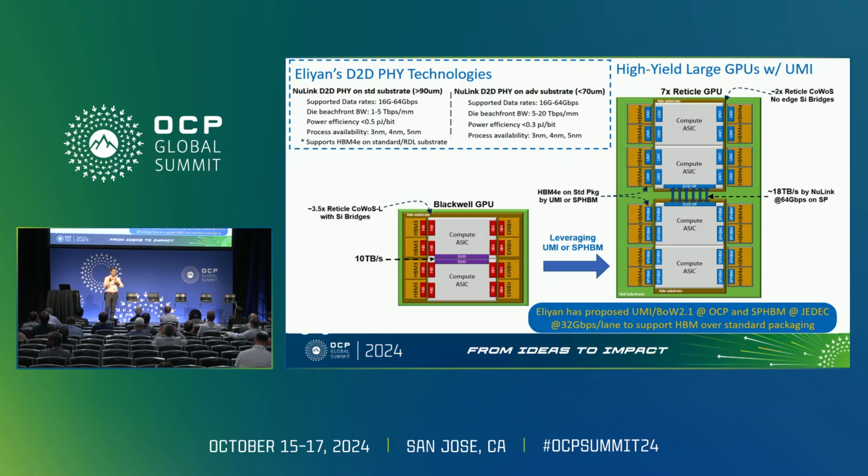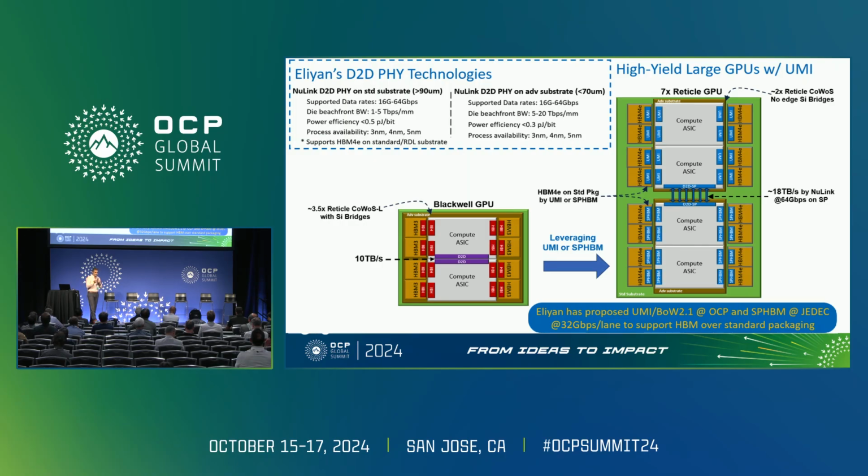We were able to drive it, in the last 2.5 years, all the way to 64 gigabit per second on a single wire, on a single bump, at very low power. This technology can be used in a standard package and still gets all the way up to 5 terabits per millimeter. By standard package, I mean a bump pitch of more than 90 micron. More commonplace today is 110, but 90 micron is considered standard. It can also be applied to advanced package, where we can go all the way up to 20 terabits per millimeter and even lower power, under 0.3 picojoule per bit. This is something we have in a silicon 3 nanometer chip that came up most recently.